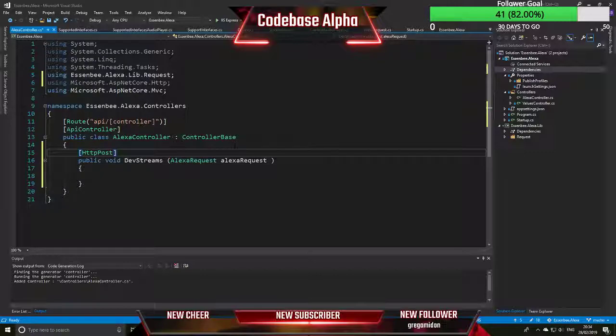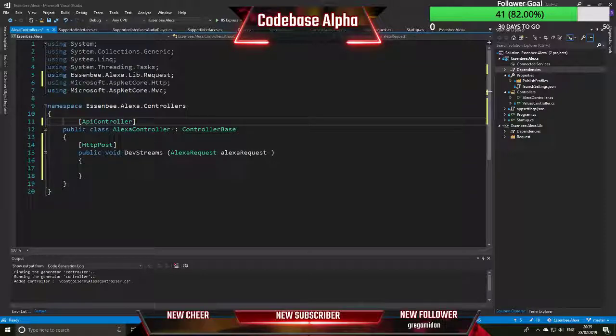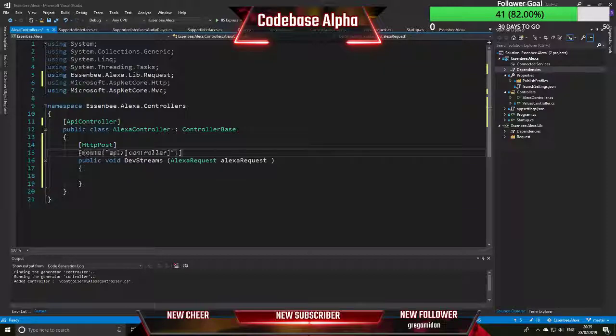So the other thing we want to do here is, well, we've got a route defined for the controller. Let's actually not use a route for the controller at this stage. What we'll do is have a route on the actual method, and I'm just going to hard